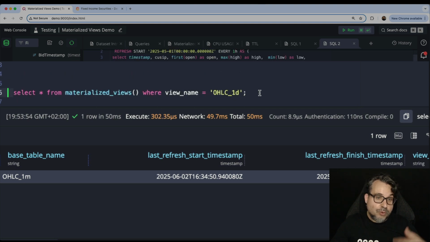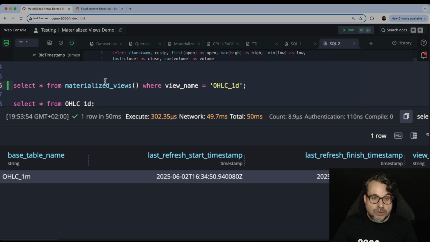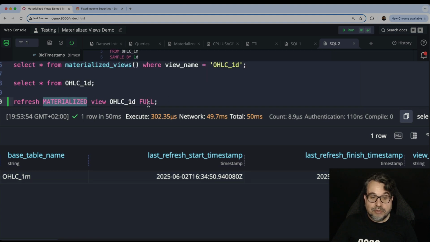Something actually, when you create a materialized view with timer refresh, if you query the materialized view immediately after, you will see there is no data. But you can force refresh at any point in time. And you can also do this, by the way, with a view which is incremental.